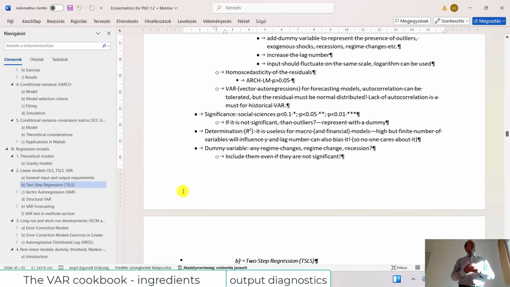Okay. Next thing, yes, we can use all the p-values under 0.1 in social sciences. So I think this thing is not